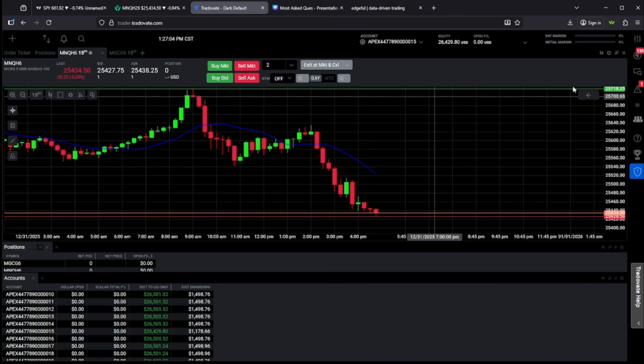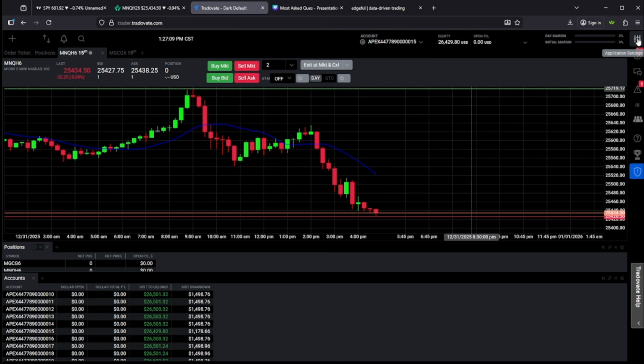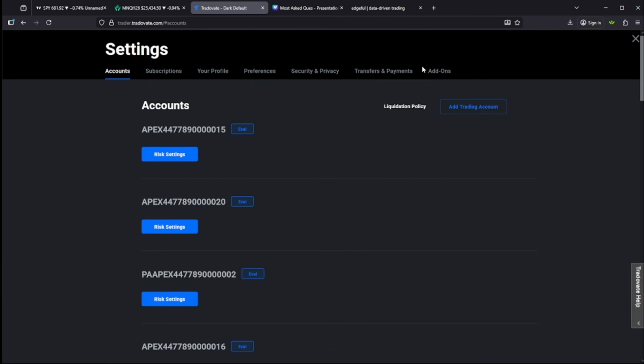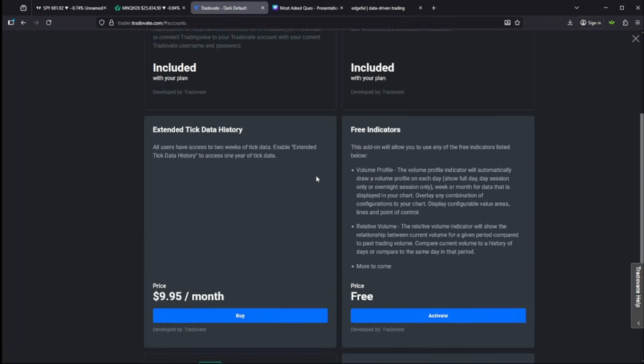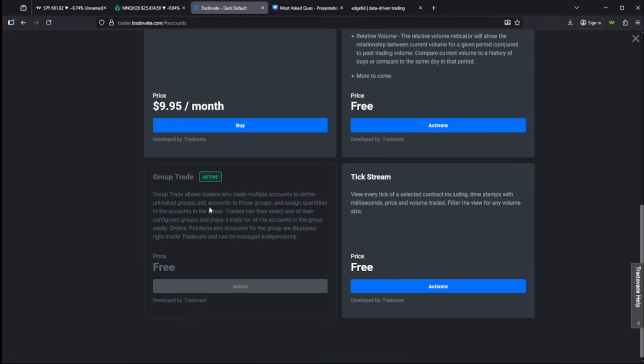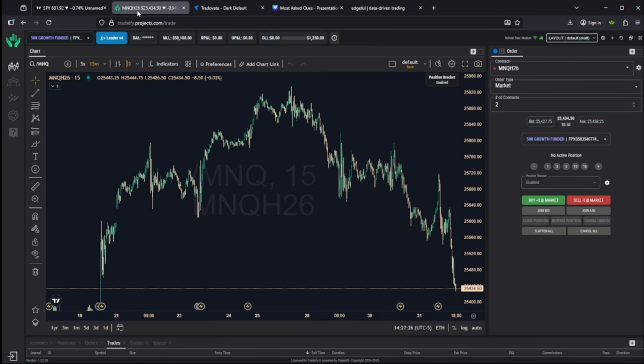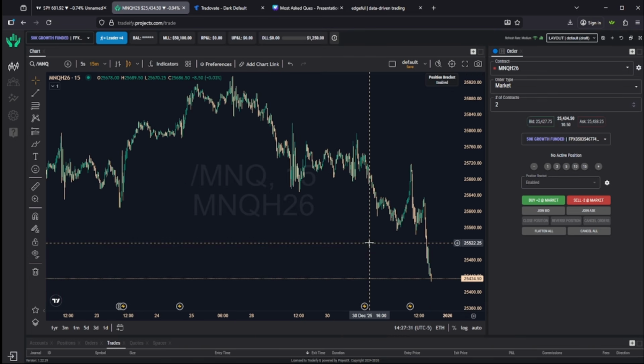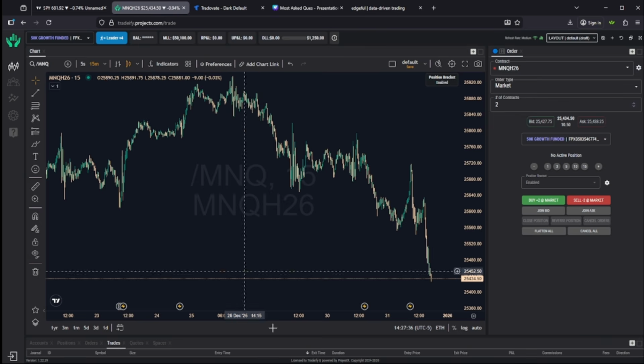For Tradovate, and these are where I trade the Apex accounts, you go over into the top right application settings, go into add-ons, scroll all the way down to group trade, and this is free with Apex. I haven't used it with Take Profit Trader quite yet. This should be free. I use the built-in free copy trading platforms on both Tradovate and Project X. I don't use TradeSyncer. I probably will eventually, but for now I just have 2 different tabs open. That's it.